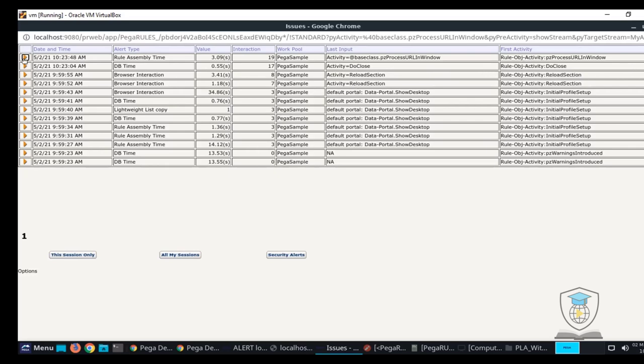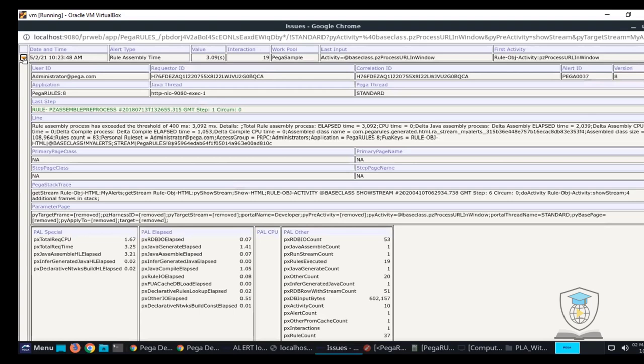When you click on this, it will give you an entire detailed report of each and every field that we have seen: the user ID, requester ID, correlation ID, the alert ID is Pega 007, in which line it occurred, what the PAL reading for it was. So you get all the information. What is a parameter page? This is pre-activity. It happens with the activities. This one has come in the portal thread, standard portal.